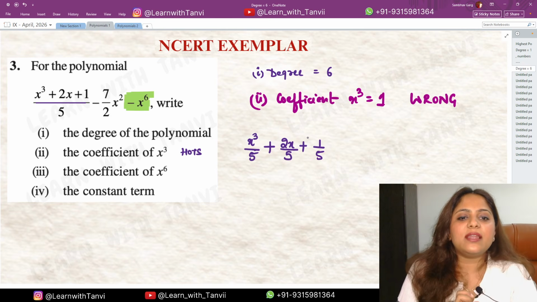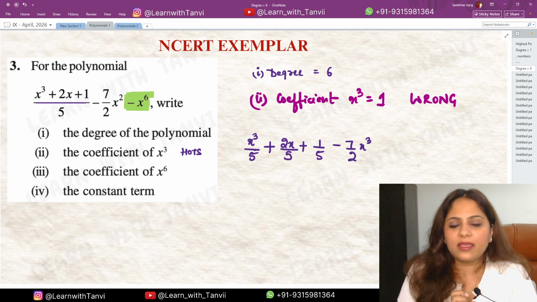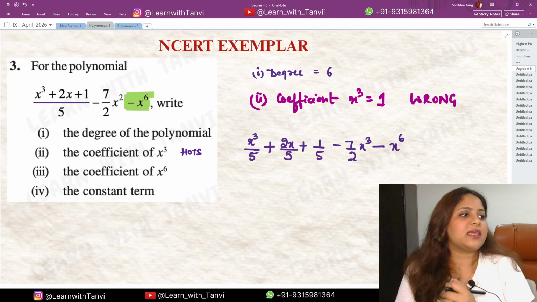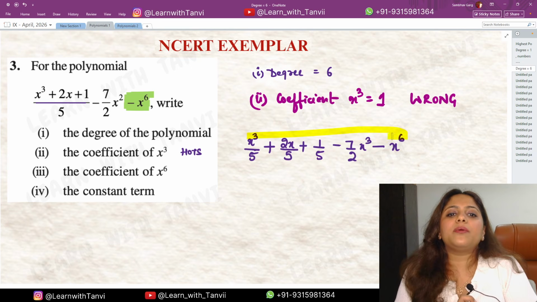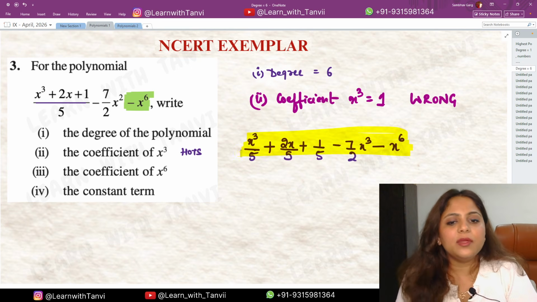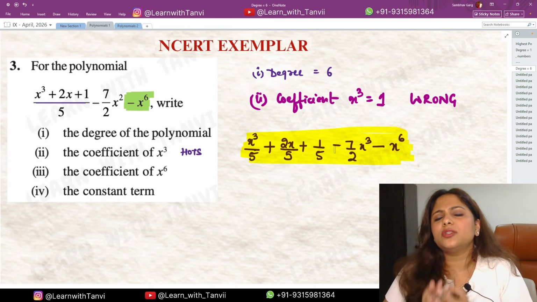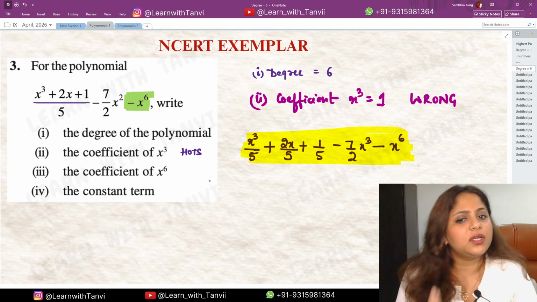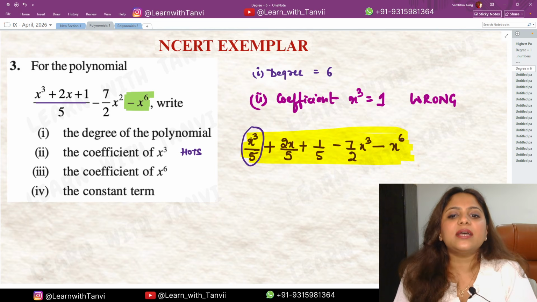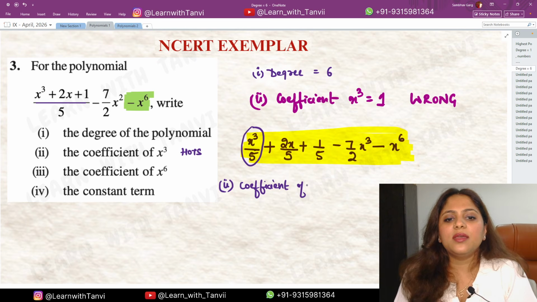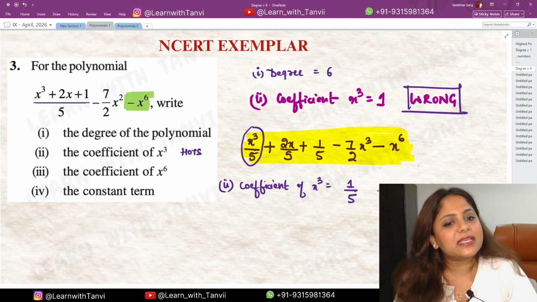Fine everyone. अब उसके अलावा -7/2x² तो है ही अलग से, और -x⁶ भी अलग से है. तो technically this polynomial should be written like this. अब मैं बता पाऊंगी इसमें answer, otherwise I would not have been able to tell them. Understood? This is the most important step on how to separate out the denominator. अब बताओ x cube के साथ क्या है? तो x cube के साथ नीचे है 5, ऊपर है 1, तो the second part का answer हुआ coefficient of x cube is 1/5. Understood why this was wrong and this is correct now?